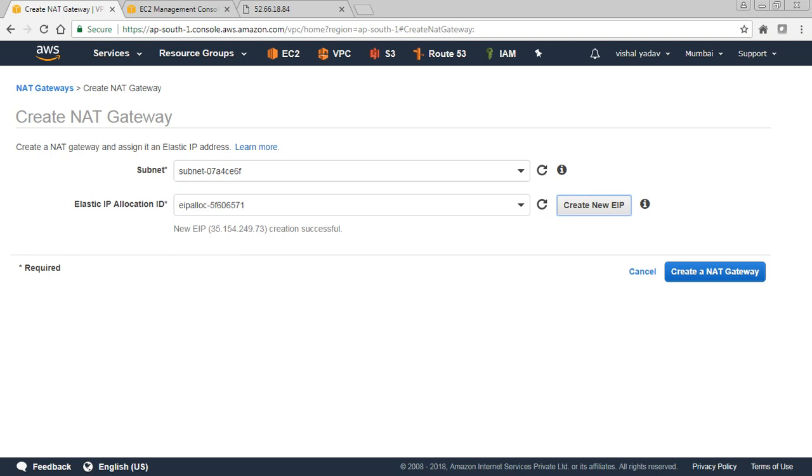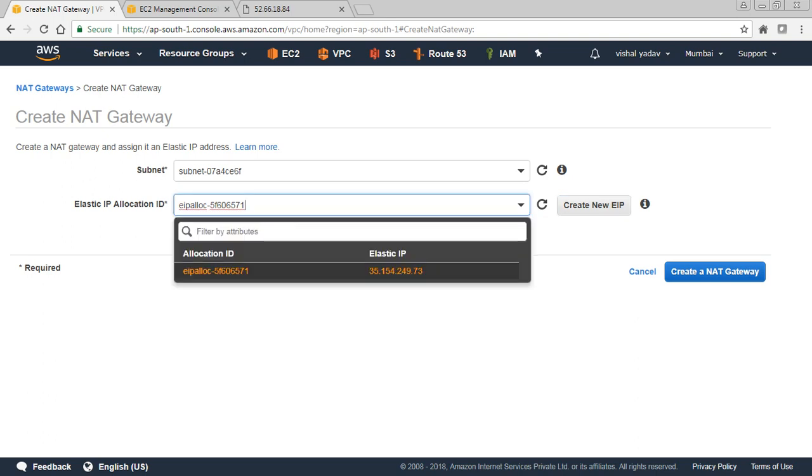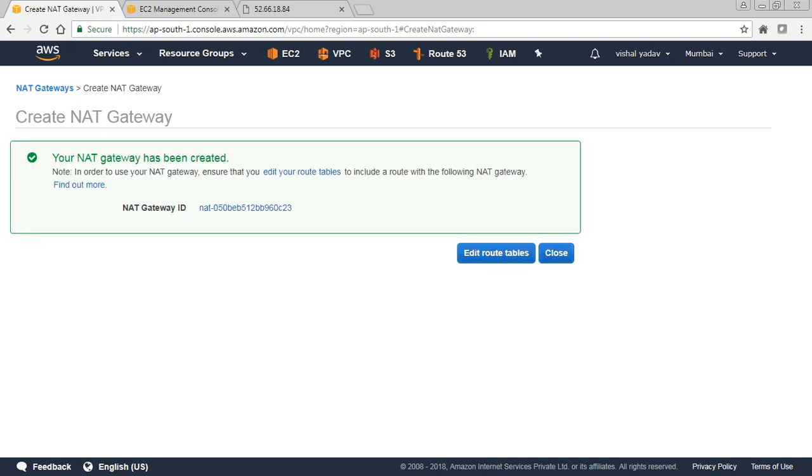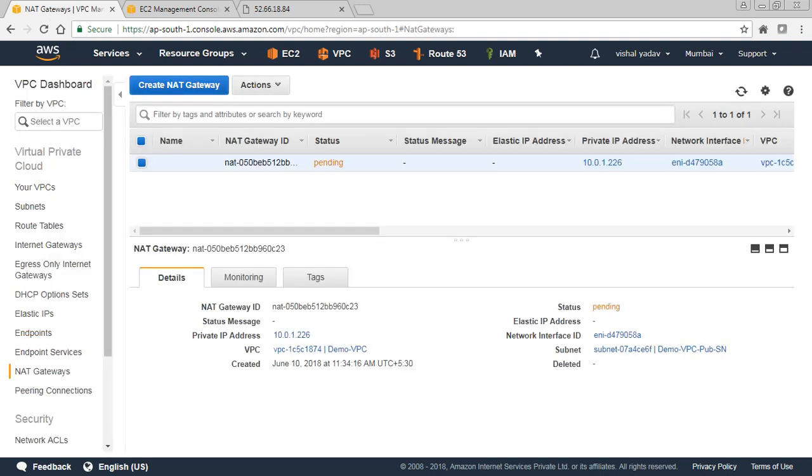If we don't have one, we can create one. So create a new elastic IP. It is created and it automatically selected it. So this is the new elastic IP. Create the NAT gateway. Okay, now what next? The NAT gateway is created, and it is showing pending. It'll take some time, but meanwhile what we need to do is,